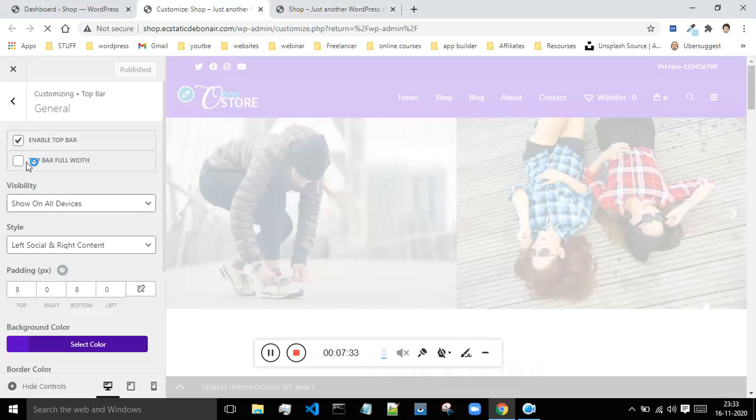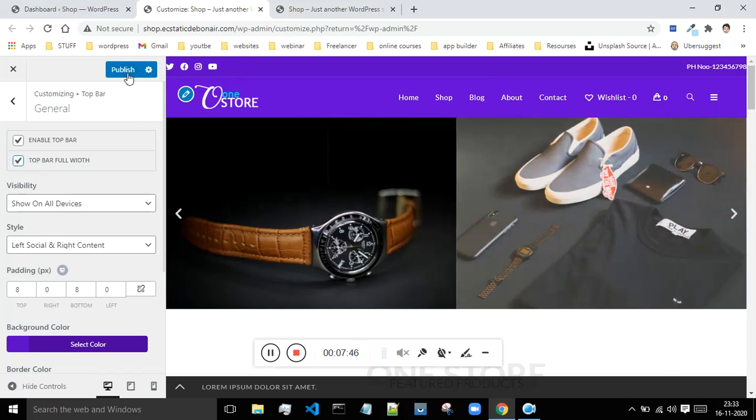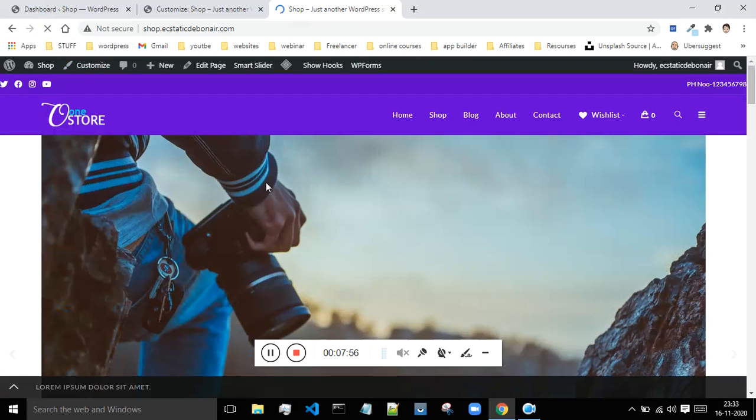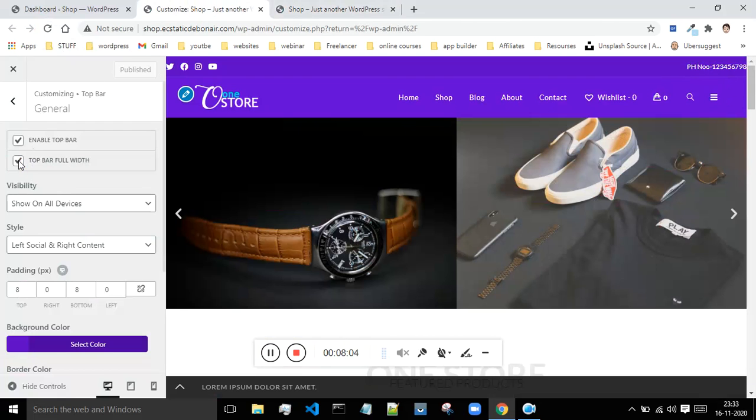So next is top bar full width. If you want this top bar with the full width, that means this phone number will be going to the rightmost corner, and the social media will be at the left hand corner. So then just click on this top bar full width and click on publish over here. Then come over here and refresh this page. Okay, so now as you can see, this is at the left and this is at the rightmost side, and this actually doesn't look so good. So what you can do is just uncheck this,